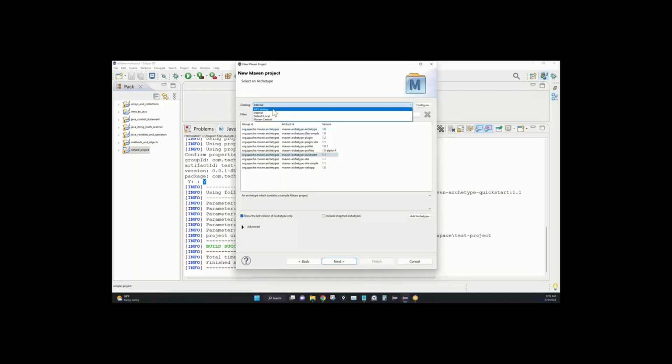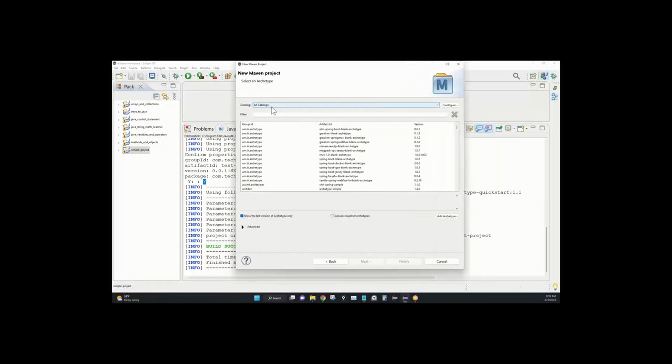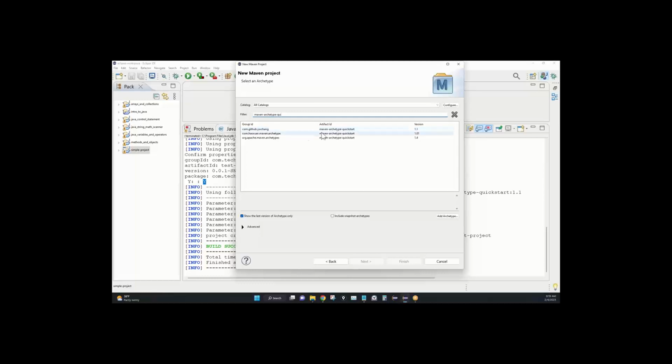And under all categories, we were typing Maven archetype dash quick start. We got this 1.1 version, but